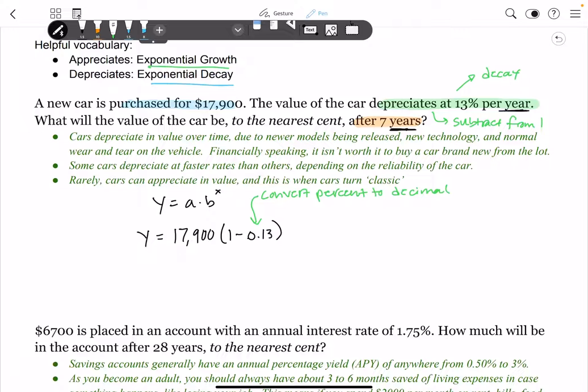Okay, cool. So then the last thing that I need in my equation is the x value, which is the time over which the situation is happening. And we know what that is. That's 7 years. Cool. So now I'm going to simplify first, and then I'll be able to solve. So I'm going to simplify that grouping. 1 minus 0.13 is 0.87 to the 7th power. And then all of that I can put into my calculator. And I did this ahead of time. So it comes out to